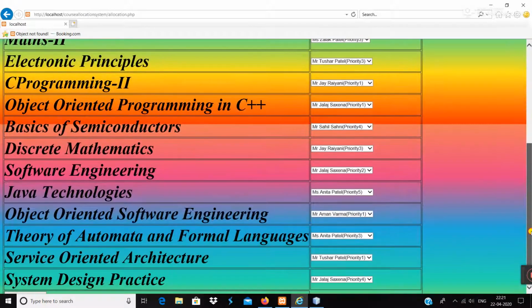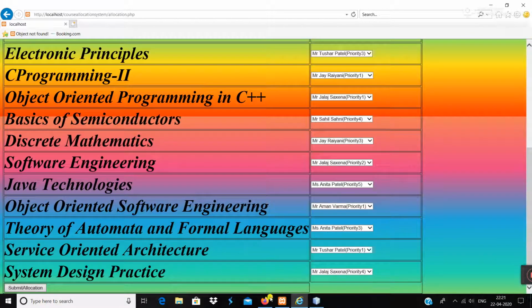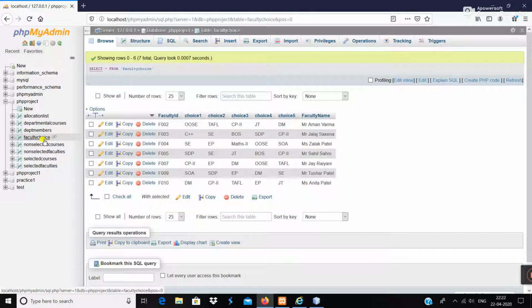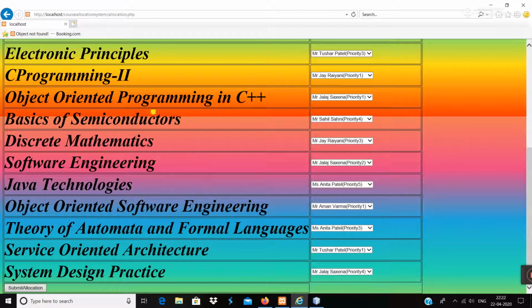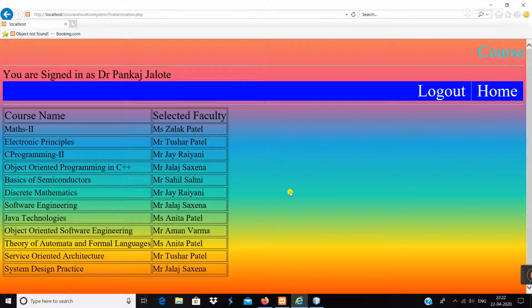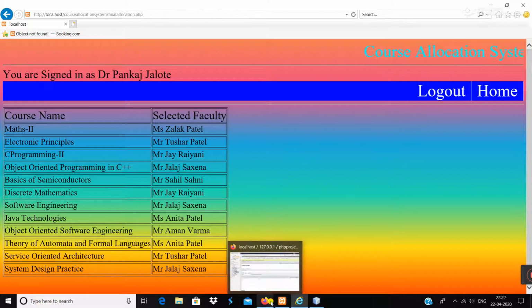So this is my allocation of the subjects. Now you can see this table, it is initially empty, but once I click on submit, you will be able to see subjects and the allocated faculty. So you can see this table, match 2 has been assigned to Jalak Patel, EP to Tushar Patel.